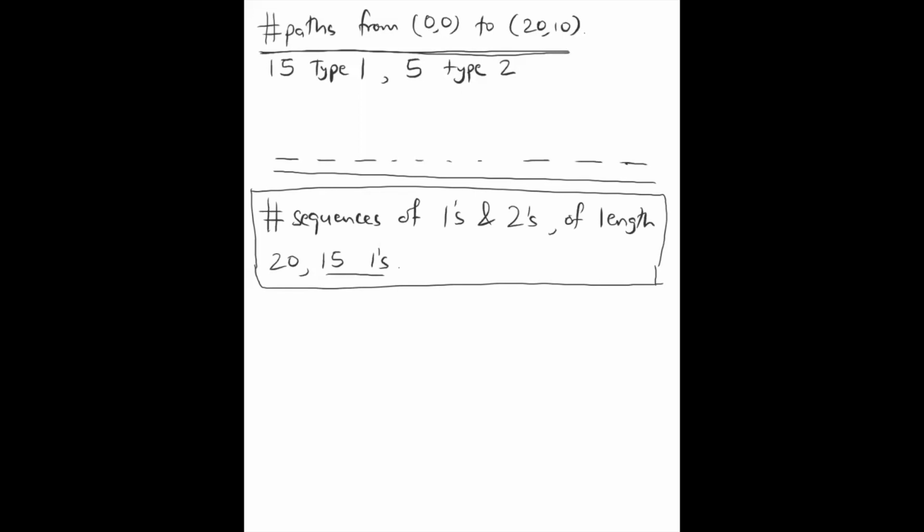So maybe I put a 1 here and a 1 here, and I don't select this one, so I don't put a 1 there. And then I've got a whole bunch of others, and maybe another 1 lands here and another 1 lands here. Now once I've selected those 15 spots to put the ones in, I just put 2 in the remaining spots. That goes without saying. So really, this number of sequences of ones and twos of length 20 with 15 ones, that number is really the same as the number of ways